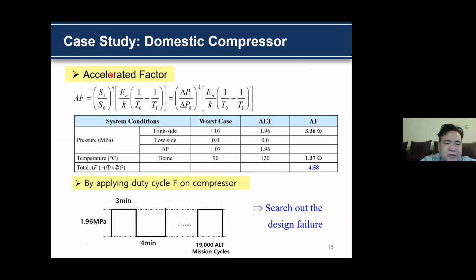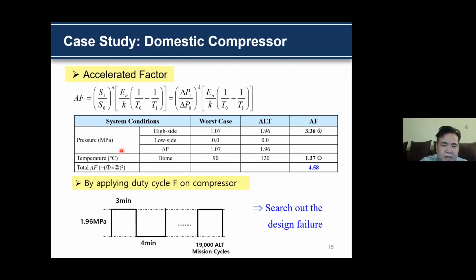I will tell you how to calculate the acceleration factor. The acceleration factor is determined by the ratio of pressure difference and temperature difference. For the worst case, the pressure difference is 1.7. For accelerated testing, the increased pressure is 1.9. And the acceleration factor is